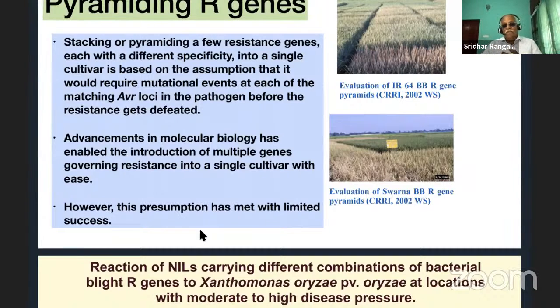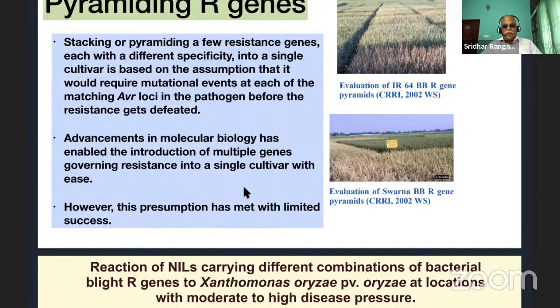That is one. Secondly, a single pathogen might accumulate the mutations together for all the resistant genes which are available in the pyramided lines. That also will take time. But so far, this aspect has not been proved with experimental evidence. But these are the assumptions, and it's fine. People are pyramiding the genes, and the gene pyramided lines are satisfactorily resistant in the fields, and several varieties have been developed.